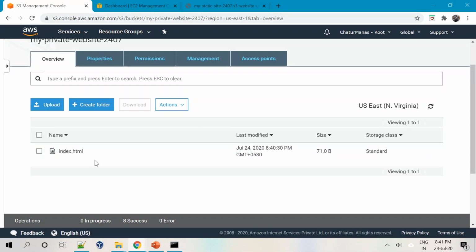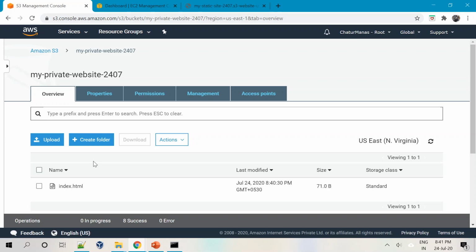But however, this is my website. I still want to publish this to the public, right? I really want users from across the globe to access this. At the same time, I do not want to make it public and give a way for unauthorized access for users to come and access it. As I said, CloudFront is the answer to protect this particular data as well as distribute this data to the nearest locations of the users.